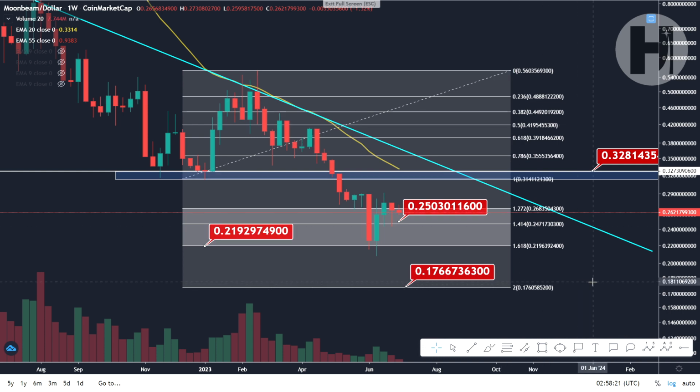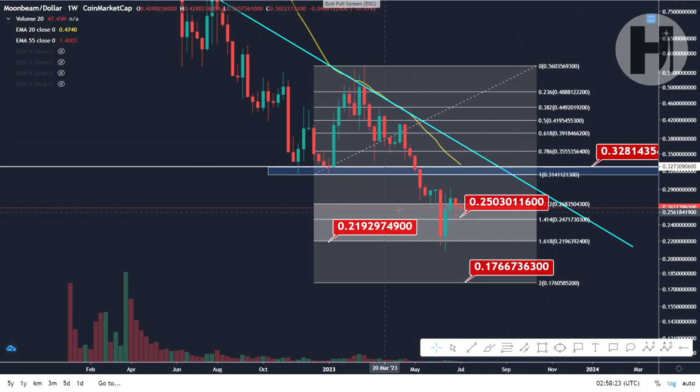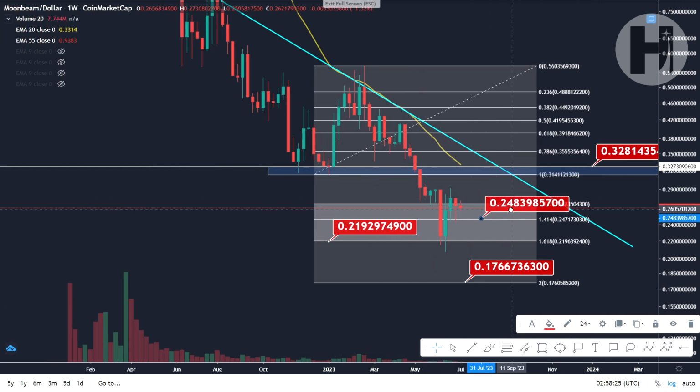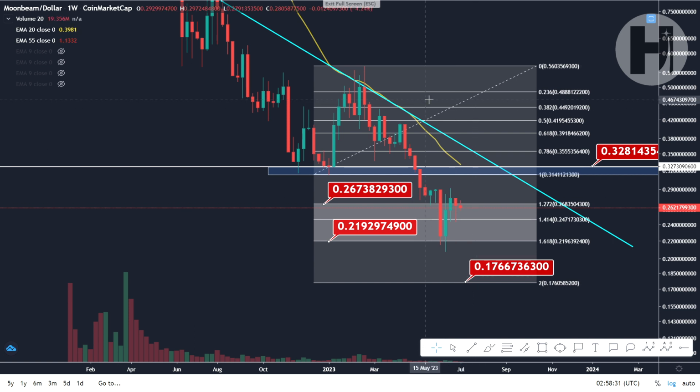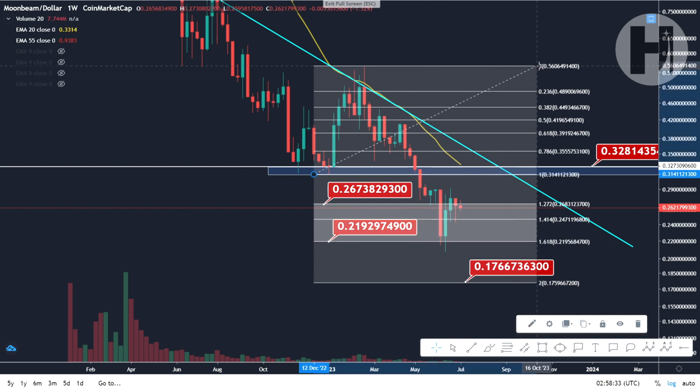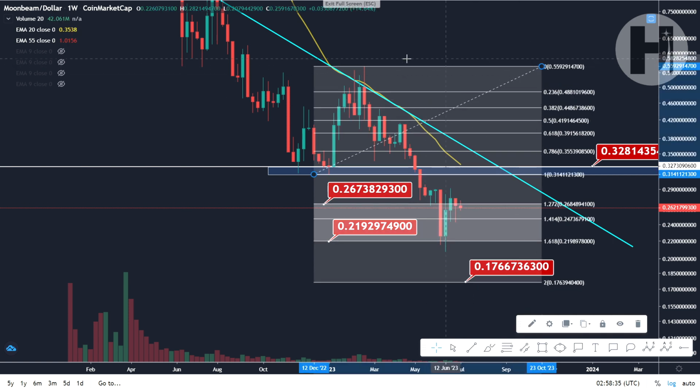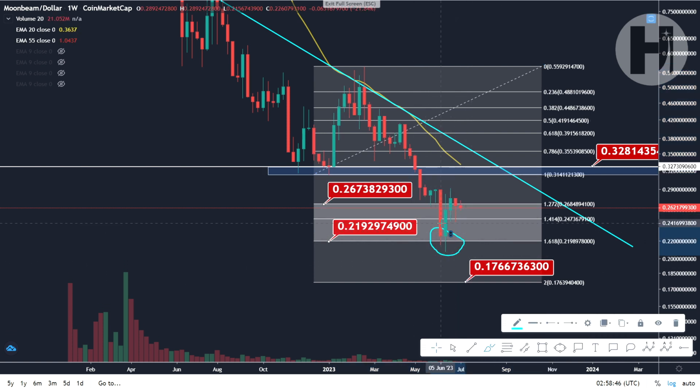Taking a look at the weekly chart, we're just going to quickly glance at what we're seeing here. The 1.618 target was perfectly met. You can see this was 22 cents, and how we set this up is basically we took this local high that we printed back in February 2023, and we have our local low in January 2023. The 1.618 target was sitting here at 22 cents, and we have retested that perfectly,